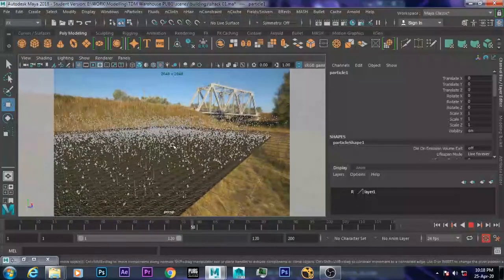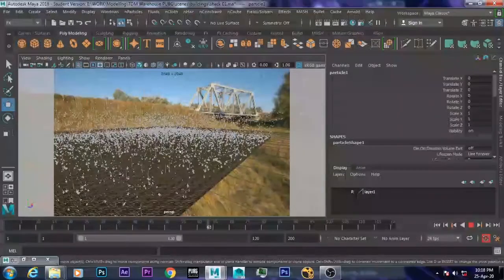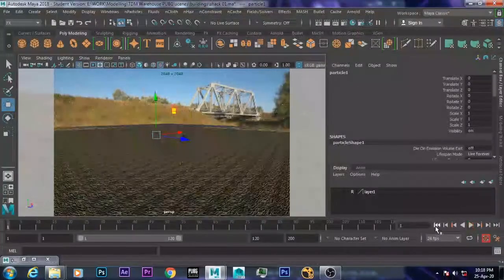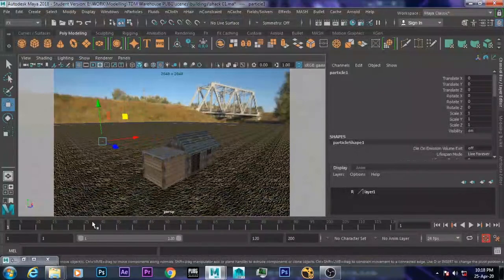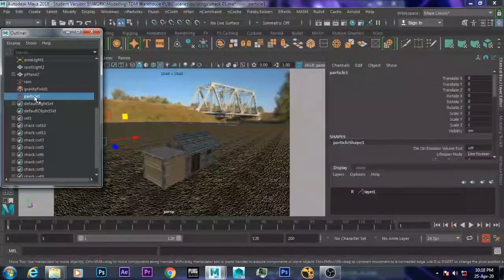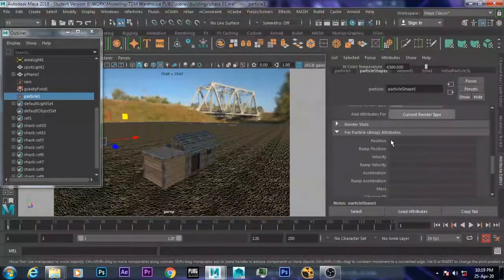It has been created, but it is not behaving naturally. To make it behave in a natural way, we have to assign a lifespan to the particles which are emitted from the surface. So select the particles, go to the attribute editor and then particle shape 1.